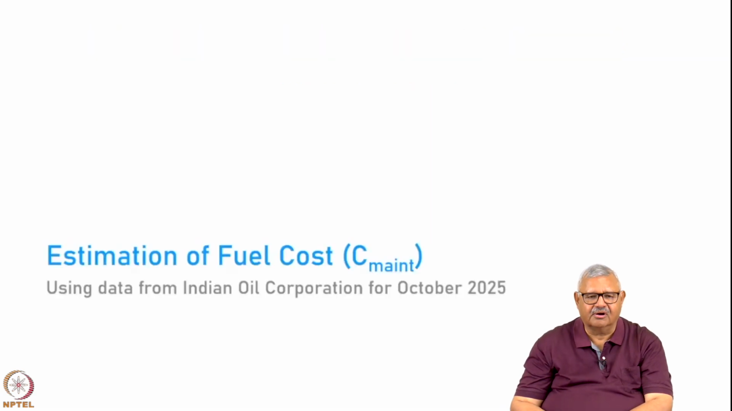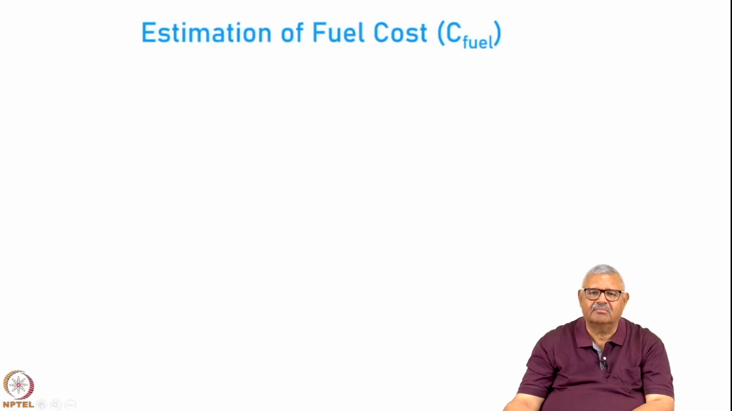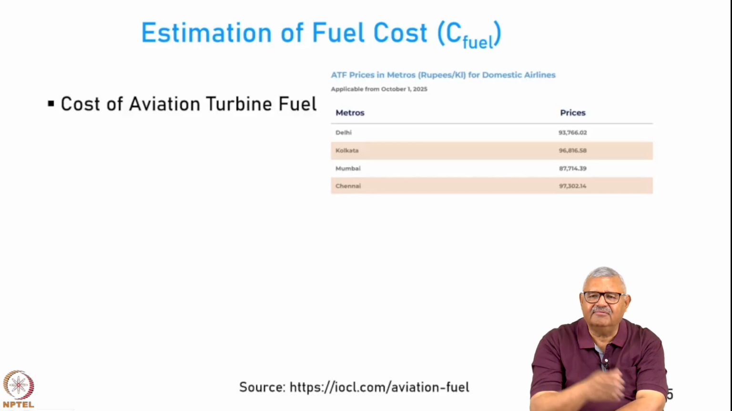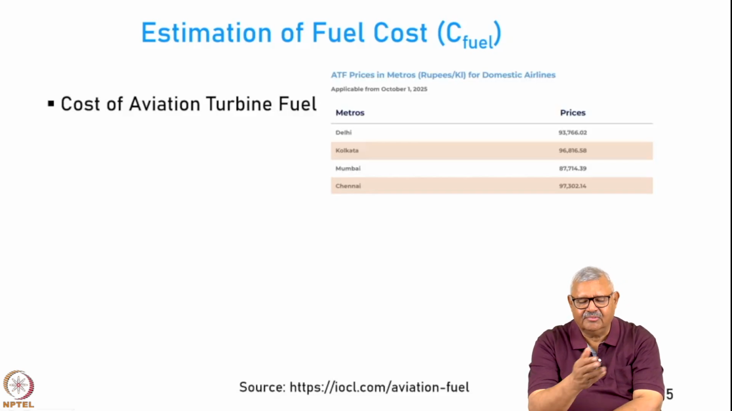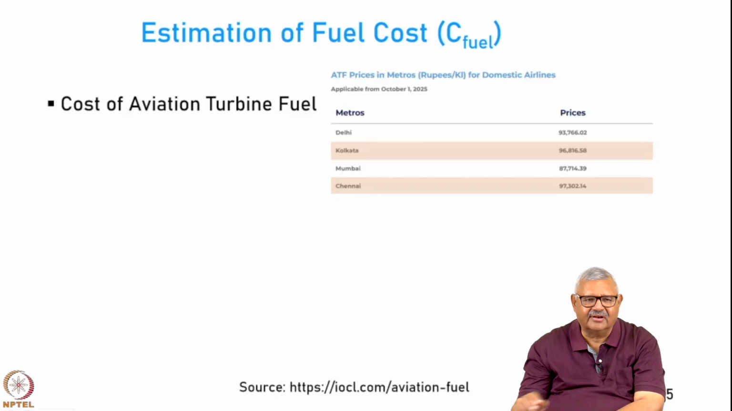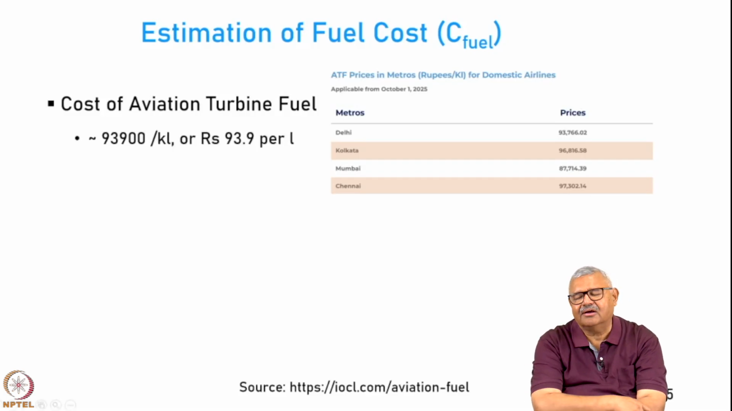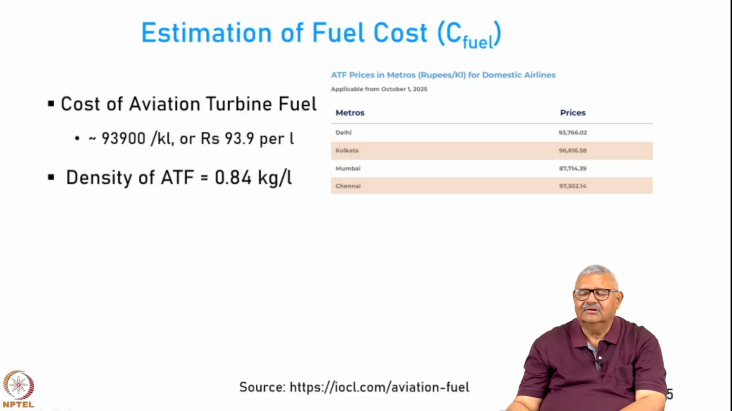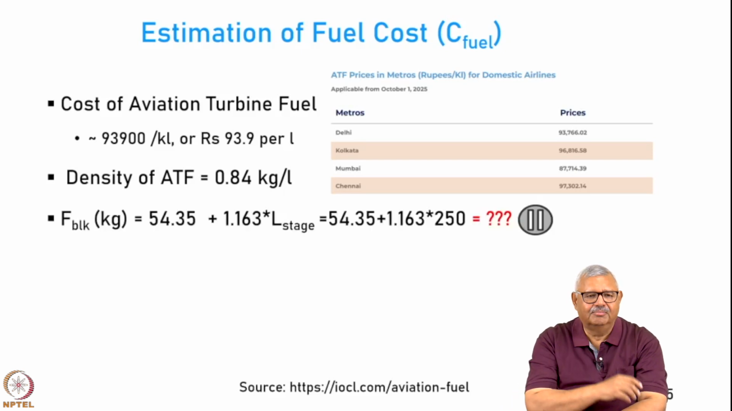Now, we estimate the fuel costs. Fuel costs, as I mentioned, are taken for operation in Mumbai for October 2025 as quoted by the Indian Oil Corporation for aero turbine fuels. So, for this I looked at the data. Now, the cost of ATF varies from city to city in India. The same company is supplying fuel at different rates. I took the average of these four and I got the average as 93.9 rupees per liter, right. Now, the density of this particular fuel as per the data available on their website is 0.84 kilograms per liter. So, therefore, the block fuel,